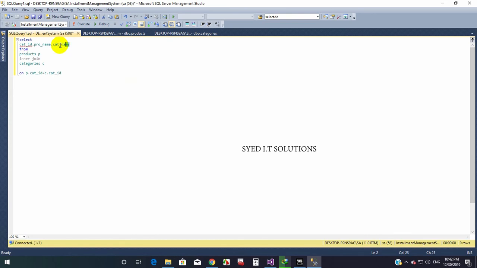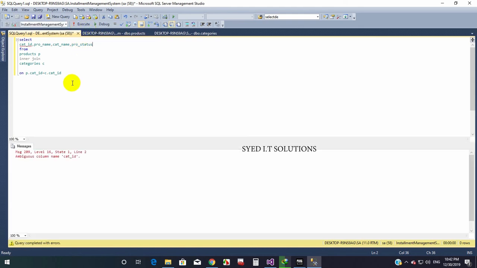You can see here the category name is the category column appearing here. Okay, category name, then product status. You can see here we write the code to join two tables.